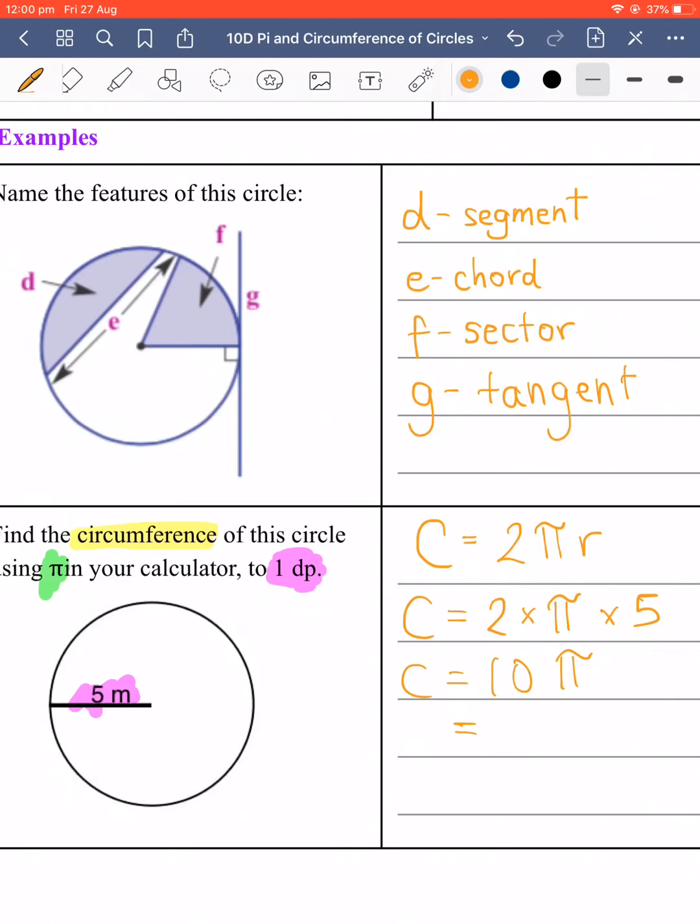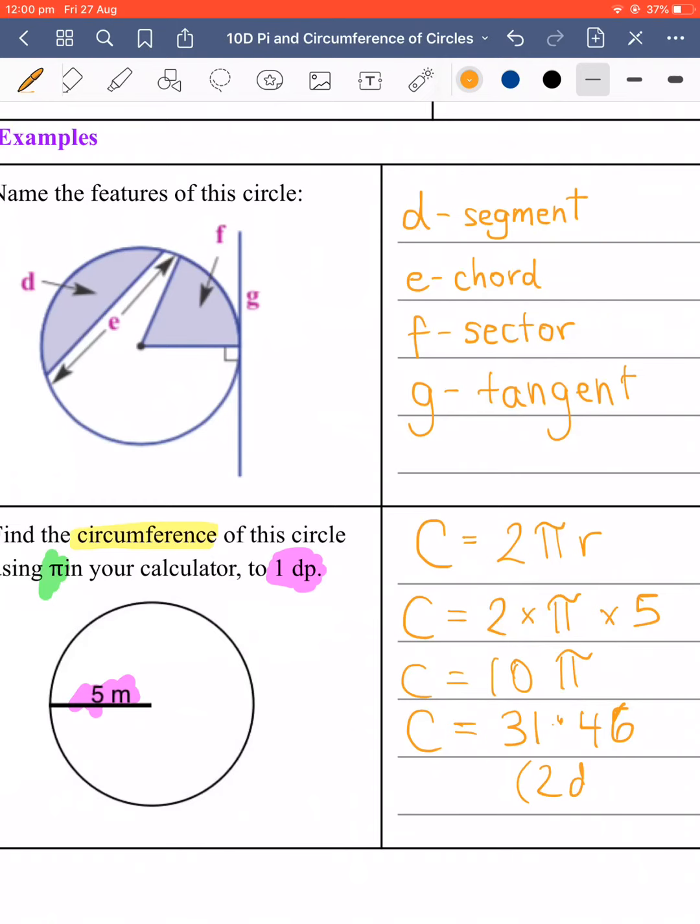What you will do is, in your actual calculator, you will have a symbol that looks like your pi. I'm going to do a very little shorthand, but essentially I will end up with 31.46, because it's actually 459. So we need to have this to 2 decimal places, and I know that I have actually done it, so